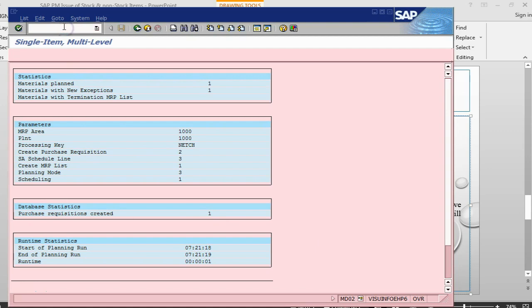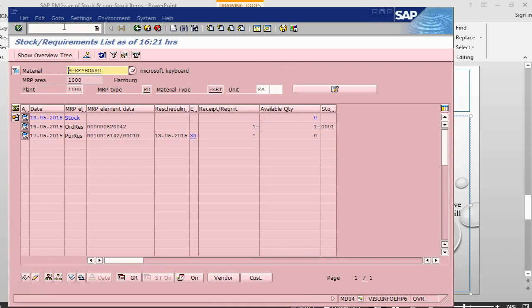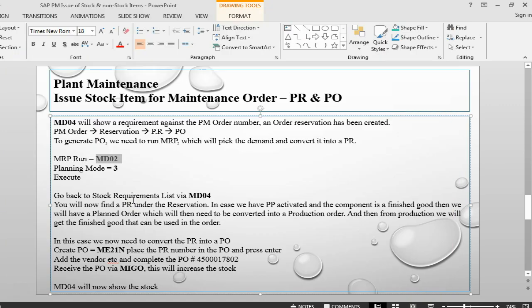I can go back into MD04, press enter. Now it shows me a purchase requisition. From MD04 we can also go directly to create a purchase order. So we have done MD02, we are in MD04, and we can see a purchase requisition. So we can go into ME21N and create the order directly, or